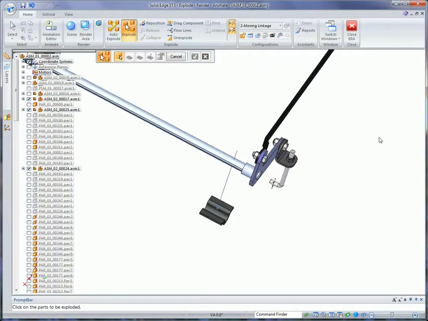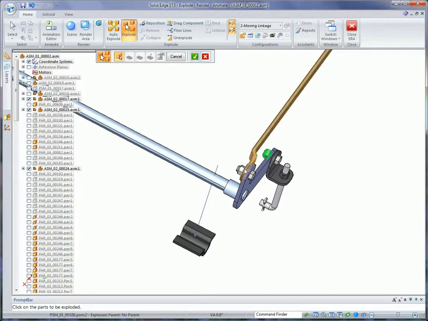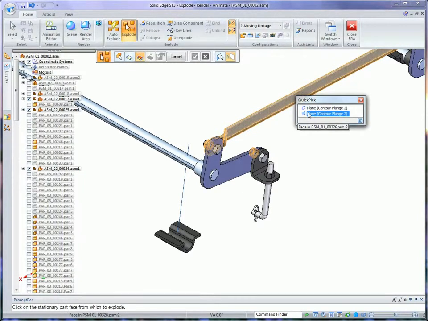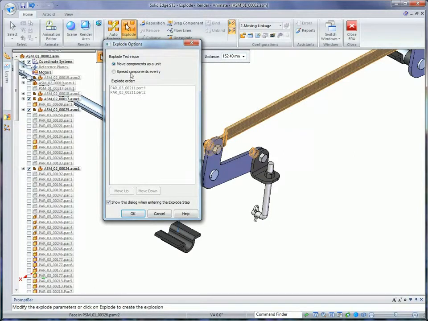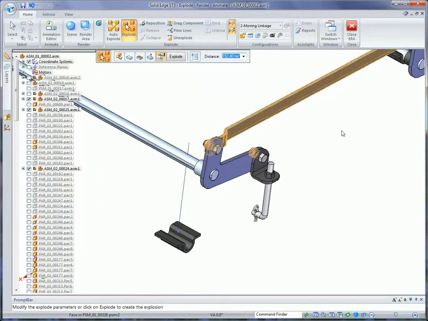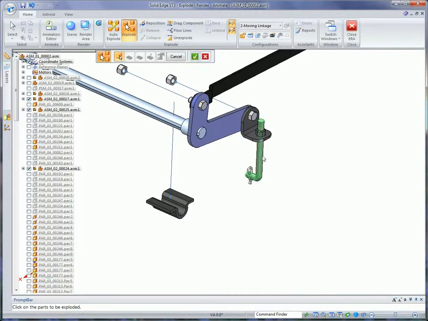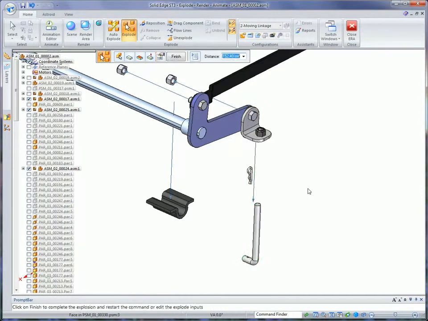The next thing I'm going to do is come over and grab the two nuts on the end of these bolts here, and I want to explode them. And I want to explode them out from the back side of this rod. So we want to go in that direction, and it allows us to move them as a unit or spread components evenly. We're going to move them as a unit, and we'll go ahead and accept that. We also need to move this shaft down, and so I'm going to pick the lower face to move it down, and then we want to move the nut, and we want to move it upwards,